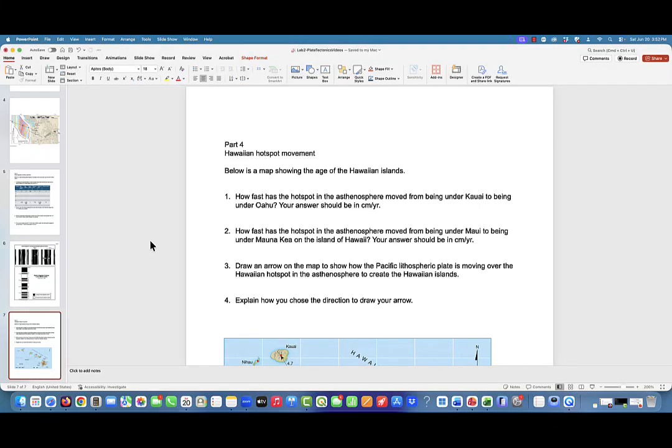Let's get started with part 4 of lab 2. So in this example here, we're going to be looking at Hawaii. And as we know, Hawaii is a hotspot. And a hotspot means that the lithosphere is moving over a hot spot in the asthenosphere and creating volcanoes as